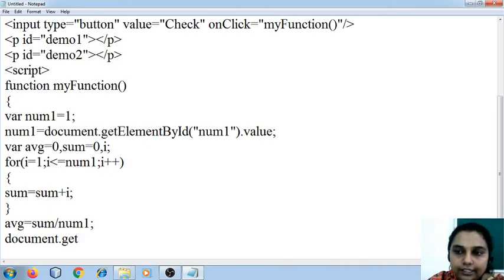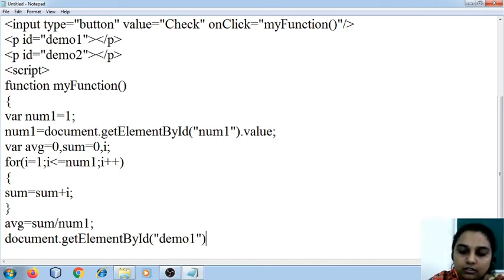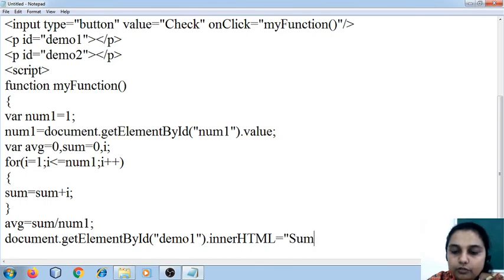Document dot getElementById demo1 dot innerHTML is equal to, I am going to display the value for sum. Sum is equal to the variable.